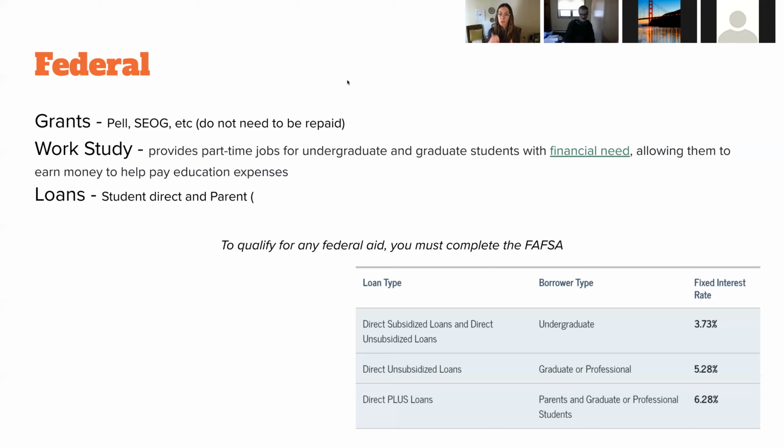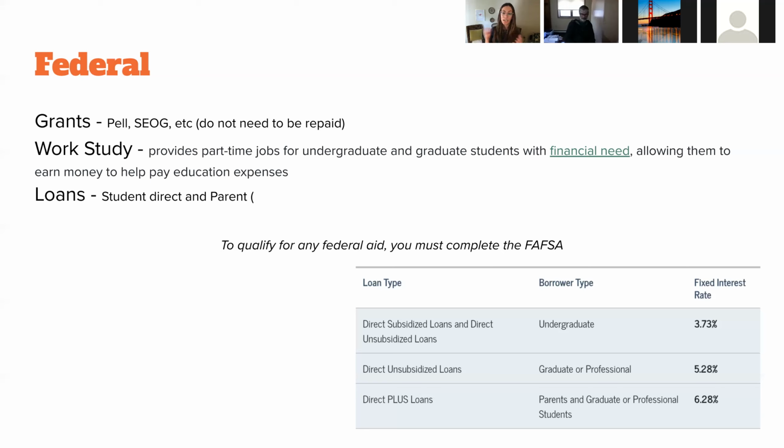So what's important to know about those Parent Plus loans is you do have to fill out a FAFSA. So this is where I say, even if you aren't eligible for any of these grants or special need-based programs, loans are not based on need, except for the subsidized loan, which allows interest to not accrue while you're in school.